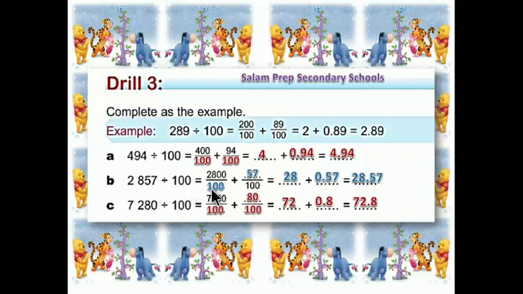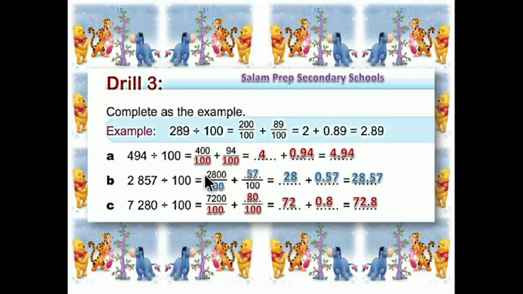Please take care. 100 has 2 zeros, 0 in units, 0 in tenths. So we need to expand 2857 and keep its units and tenths with zeros, like this. 2800 over 100 plus the remaining number is 57, so we will put 57 over 100